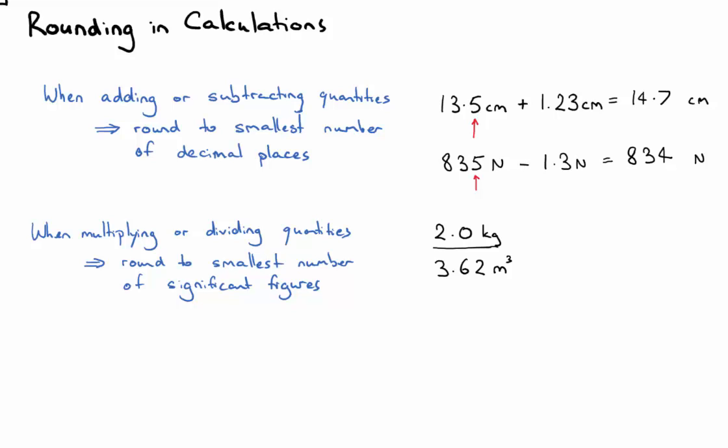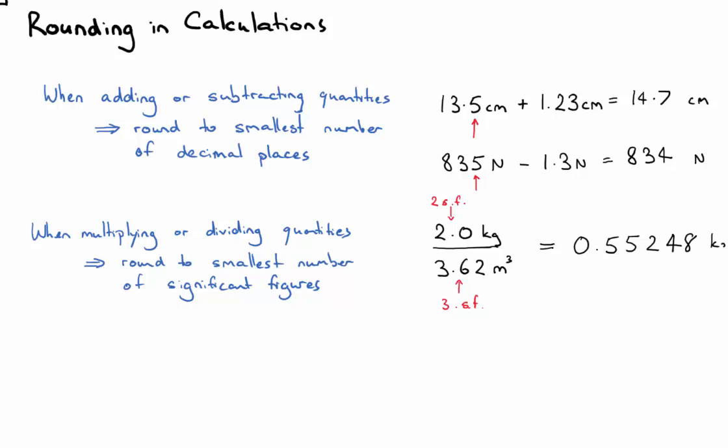This number here, the 2, has 2 significant figures, whereas this has 3 significant figures. So we need to round the final answer to 2 significant figures, which gives us, well, if we did it without rounding, it would be 0.55248,